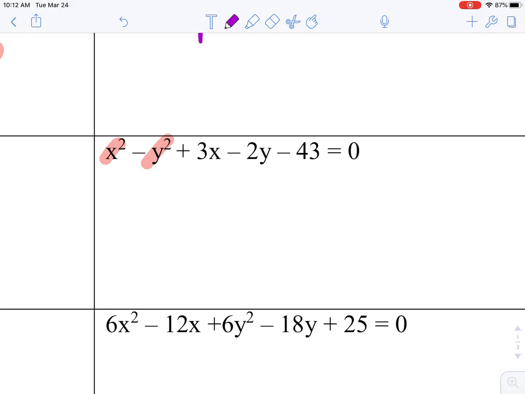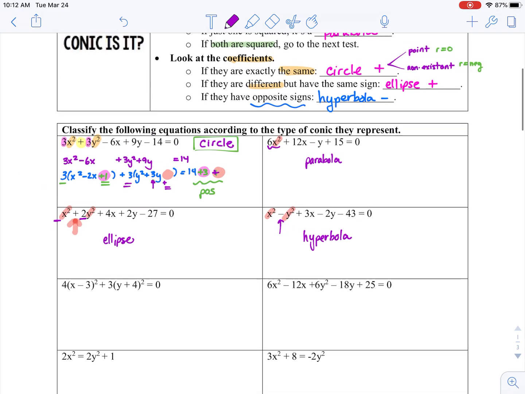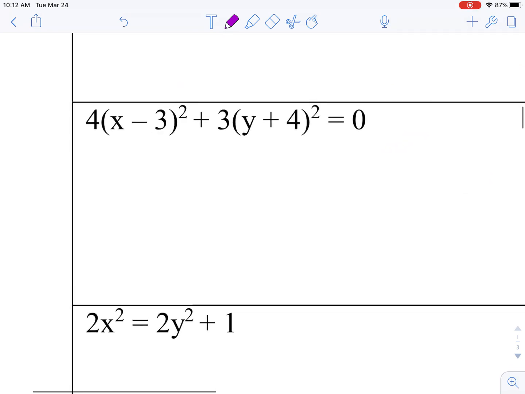We have 2 things squared. As soon as you see that minus sign, it's automatically a hyperbola. And on these problems, you do not have to finish completing the square. They're just asking you to identify. For this one, I see equal to 0. They've already started completing the square for us. If they have something equal to 0,